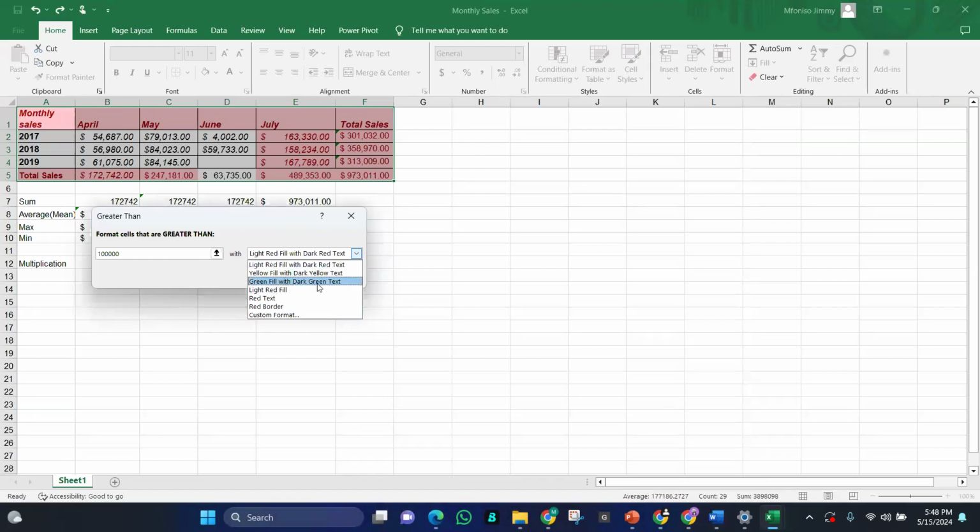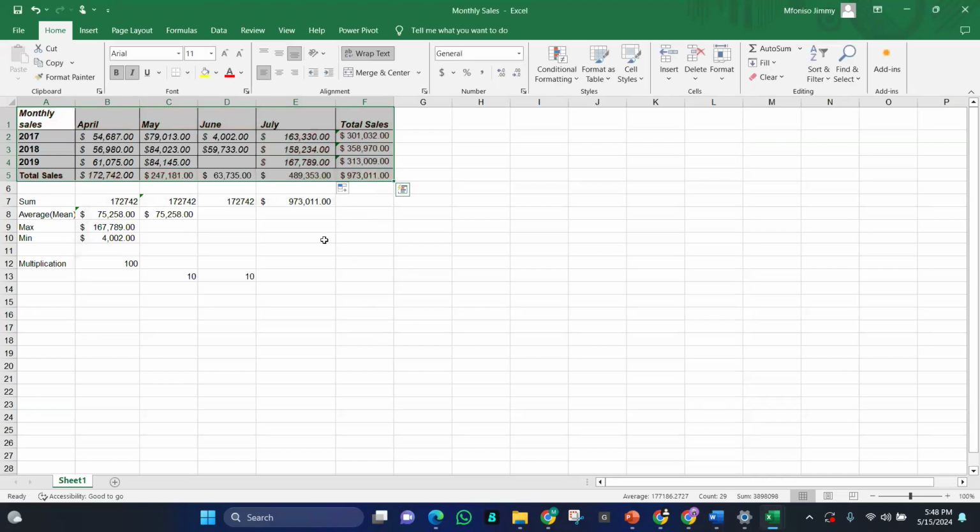You can either choose to format with the color they gave you, or you just customize your own color, either the default color or you customize your own color. So let me see how I want it. But firstly, let me pick only the values.